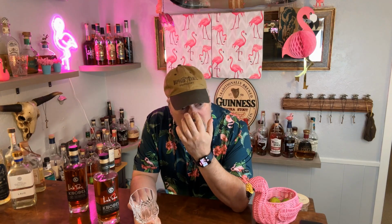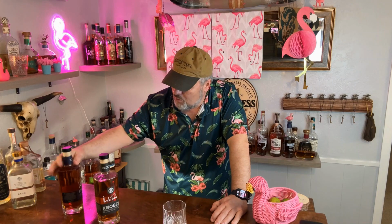Now I can feel it. You've got that good solid corn hug, Kentucky hug, although this is Tennessee whiskey. And I can feel it just a little bit in my cheeks as well, which tells me there's quite a bit of rye in there. But that's exquisite. I'm very proud to be able to display these on my bar and to share them with friends. And they are small batch whiskeys from Knobel, courtesy of Mr. Dirty Jobs himself,